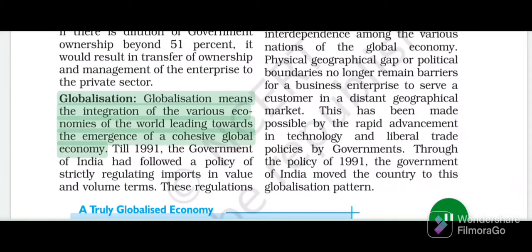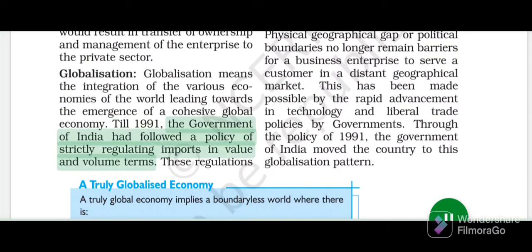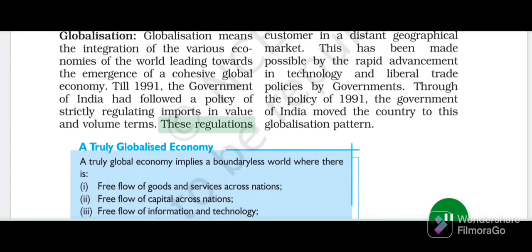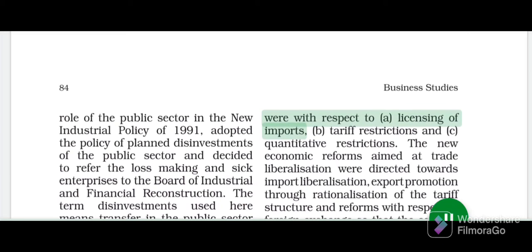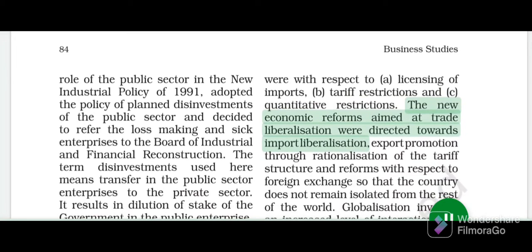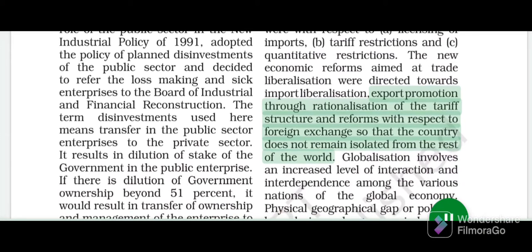Globalization. Globalization means the integration of the various economies of the world leading towards the emergence of a cohesive global economy. Till 1991, the Government of India had followed a policy of strictly regulating imports in value and volume terms. These regulations were with respect to a. licensing of imports, b. tariff restrictions and c. quantitative restrictions. The new economic reforms aimed at trade liberalization were directed towards import liberalization, export promotion through rationalization of the tariff structure, and reforms with respect to foreign exchange so that the country does not remain isolated from the